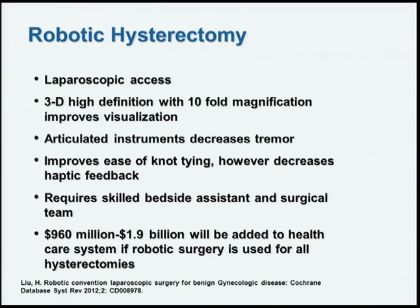Again, looking at the robotic hysterectomy, it is a laparoscopic approach. It does allow a surgeon to have 3D high definition with 10-fold magnification with improved visualization. It's great because there's less tremor. It's easier to do knot tying, but the physician loses the haptic feedback as the surgical procedure is done. The physician is at the console, so you really have to have a great bedside assistant and surgical team to